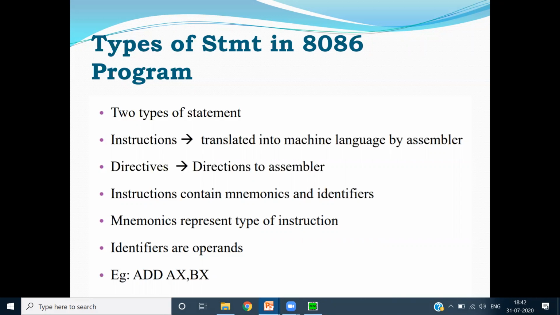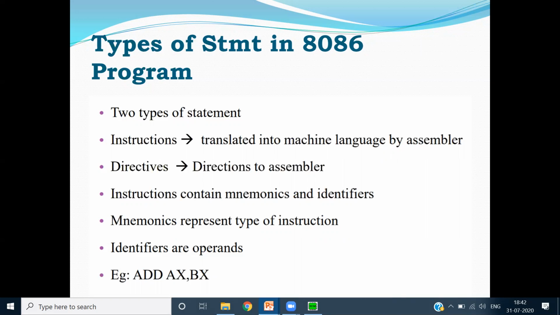It is called instructions, which also help to translate the assembly language program into machine language program by an assembler. Next statements are called assembler directives. They are the keywords which give direction to an assembler.